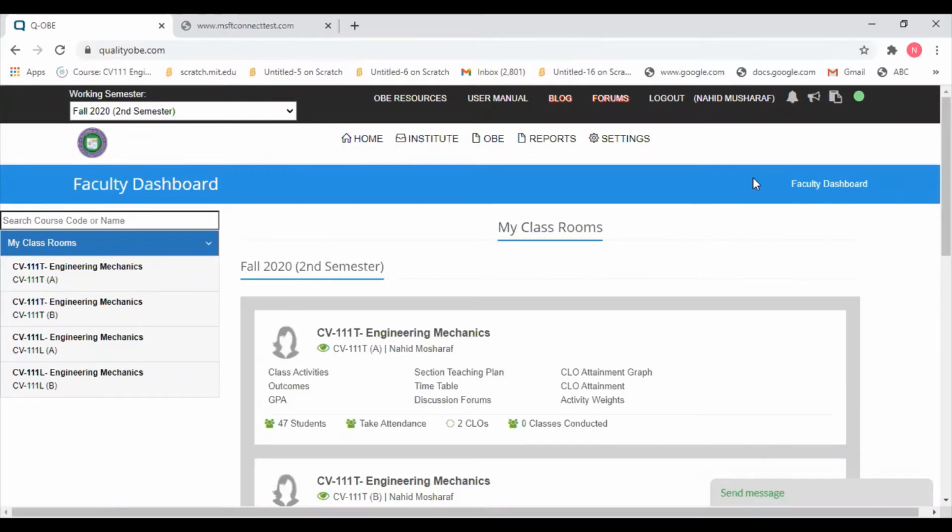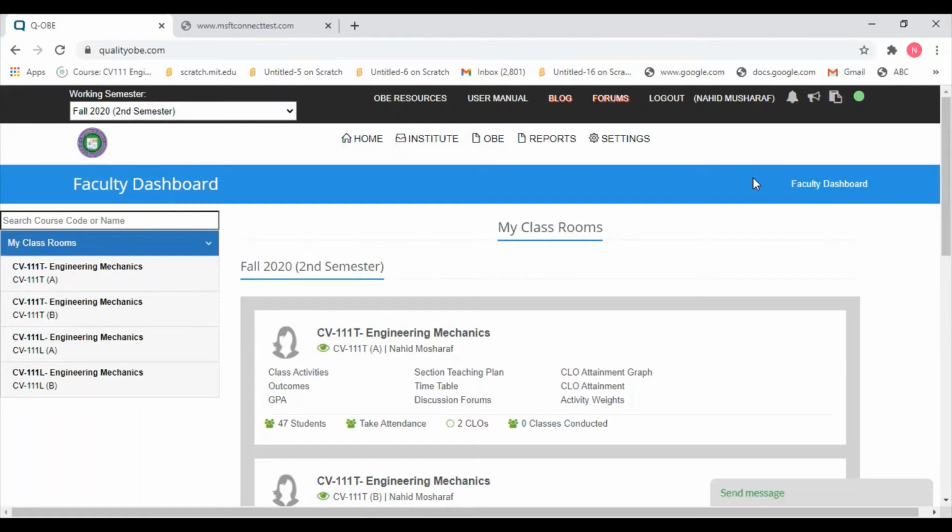QOB basically is software. I already told you in the last lecture what we have to do on the QOB software. Actually we put the attendance, weekly lesson plans and lesson plan throughout the semester of the course, and we can add students over here, and we can finalize our marks. We can get results from this software.